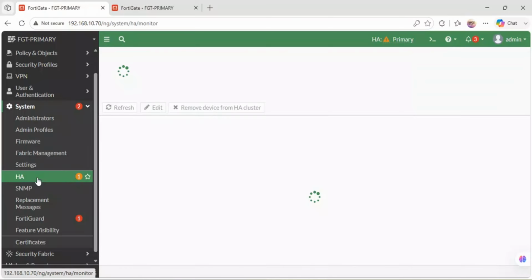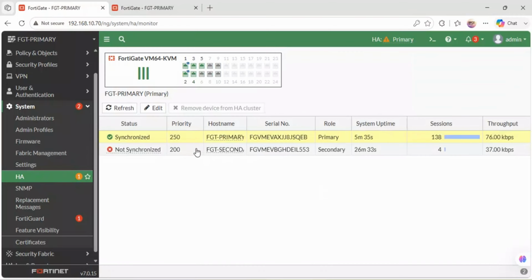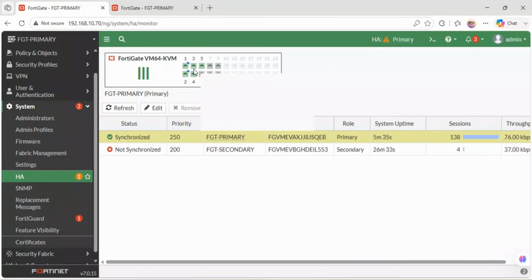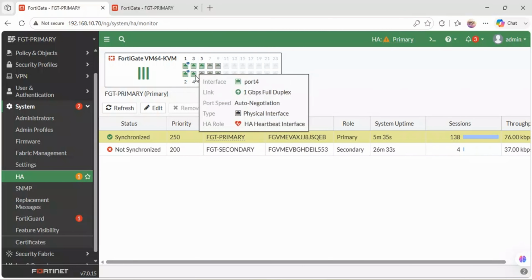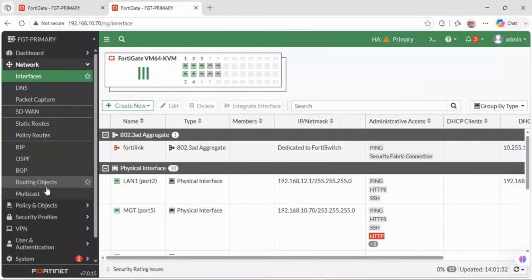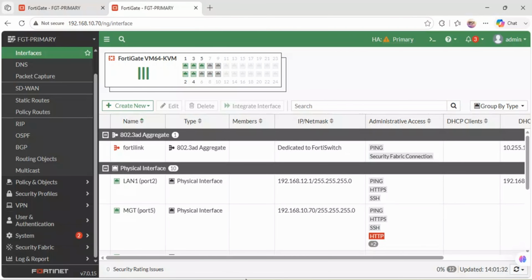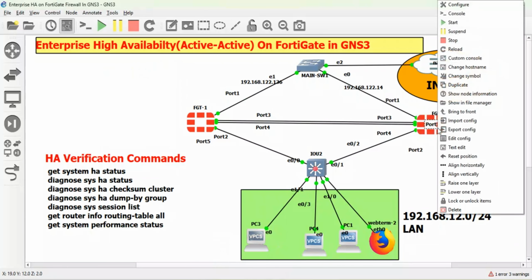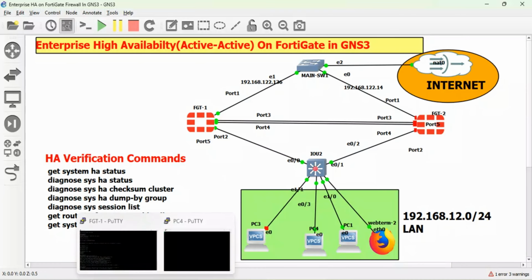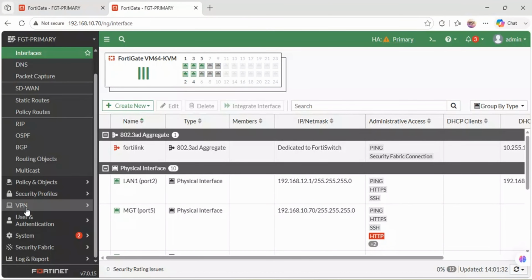But my consideration is on the high availability. So why is it not syncing? It should sync. You find that the heartbeat interfaces are here. What we will do, we will stop this one, stop that firewall. Once we stop that firewall, we will access this firewall, then